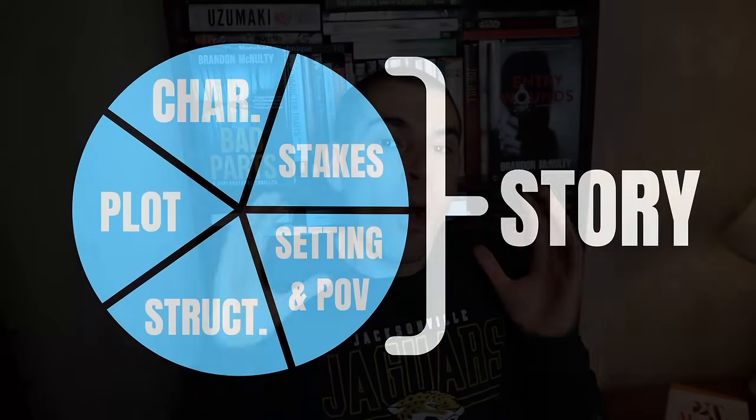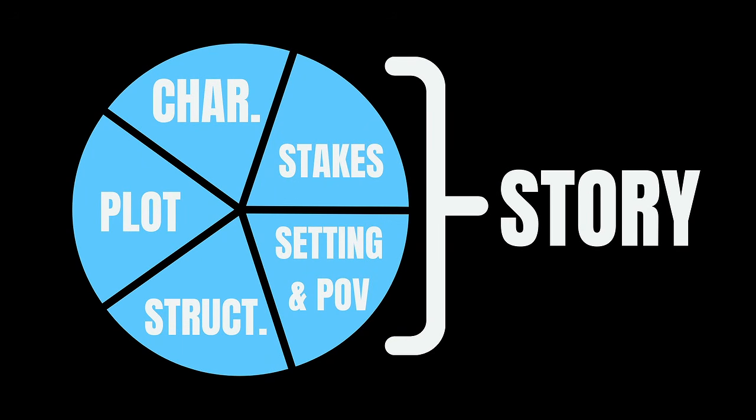You really want to hit on all 5 of these different parts of a story, and plot is just one of them. So next time you're confused about the difference between plot and story, remember that plot is just a part of story, at least in my definition, and this is not the official definition, but I think it's easy to break down the idea of story into these 5 parts and look at plot as the events, and then also remember that there are 4 other major parts that need to be addressed. And if you do address all these parts, you will start writing great stories.